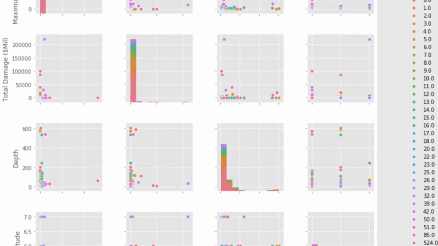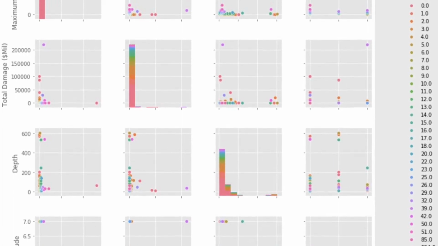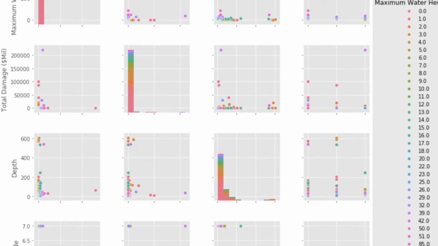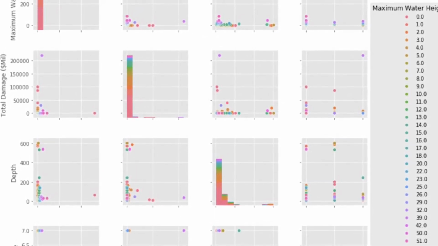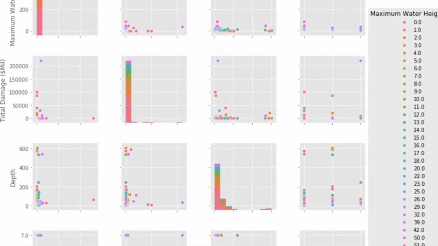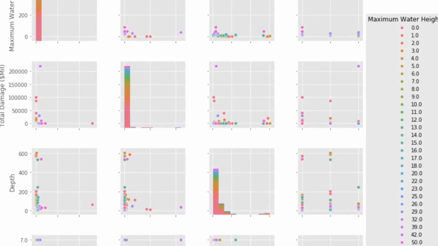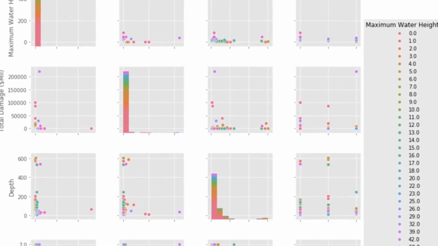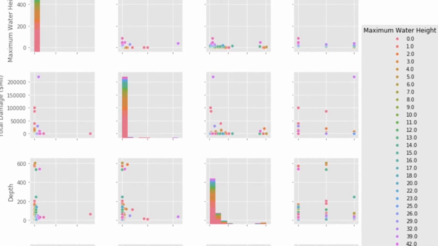We were disappointed in these results, so we determined it was best to further reduce our data frame. This required additional cleaning but minimized the risk of overfitting due to noisy data. We then set water height as our target and kept earthquake magnitude and total damage as our features. As you can see, we were able to analyze which features result in the biggest waves. For example, it can be seen in the plot depicting total damages versus the magnitude of the earthquake that tsunamis with the highest waves occurred when the magnitude of the earthquake was between 7 and 8. And the corresponding costs and damages was approximately 200 million.